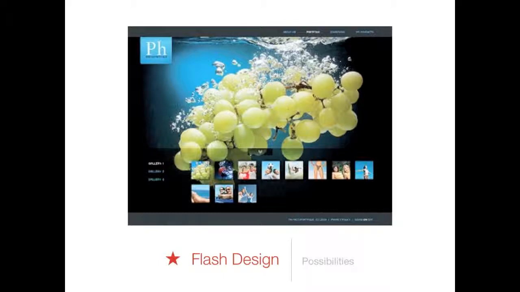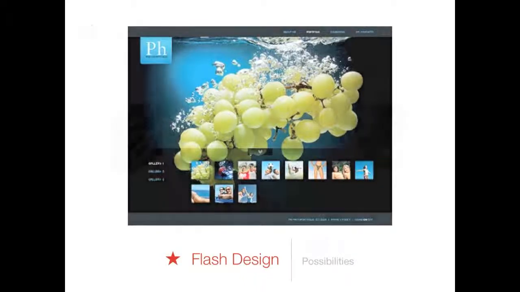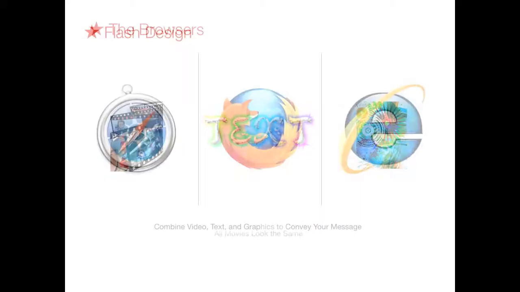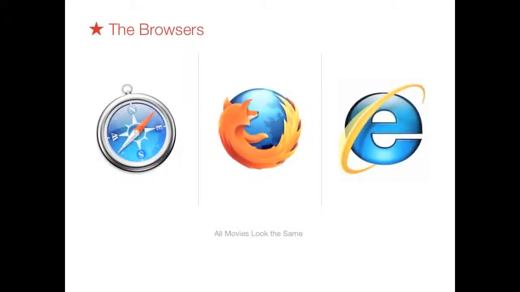Using Flash Design offers us a variety of design possibilities, and it really allows you to be more creative. Using Flash Design, you can combine video, text, and graphics to convey your message. One of the most fabulous benefits of using Flash Design is that it doesn't matter what browser you're using, your message is going to look the same. It doesn't matter whether you're using Safari, Firefox, or Internet Explorer, your movie will show up the same way in